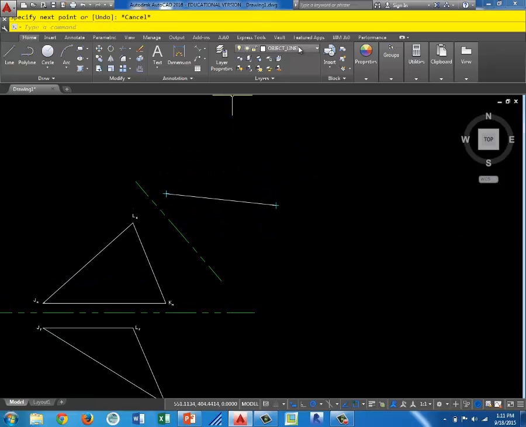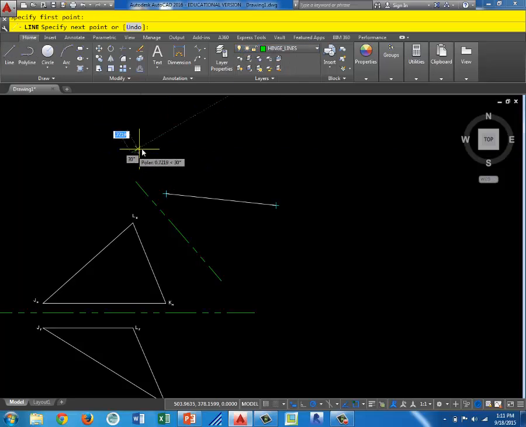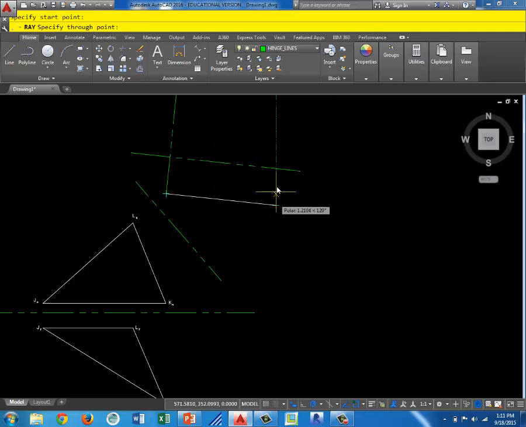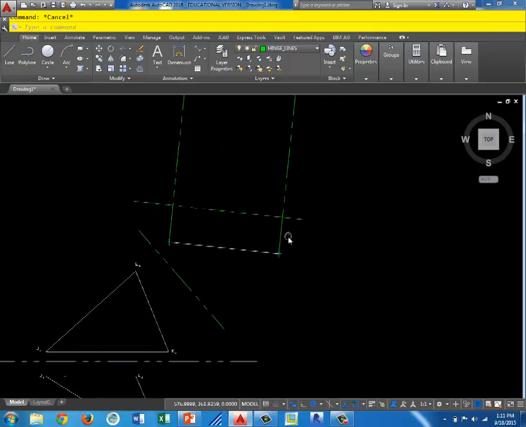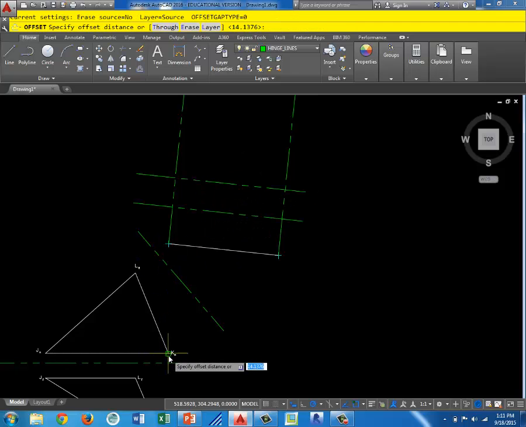So then from the edge view to find the true shape, we created a hinge parallel to the edge view. Obviously, I'm not doing any labeling as I go here, just for our little example, but don't forget to label. And then on my offsetting, looks like I've got L as the closest, then K,